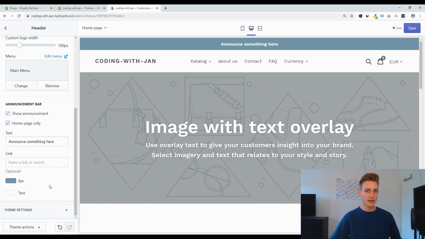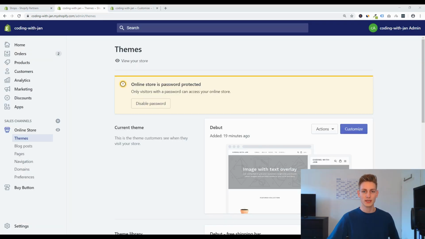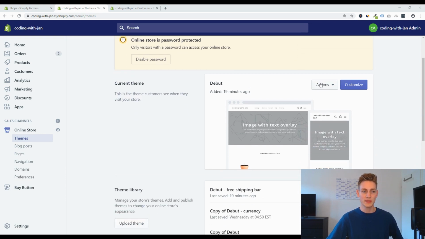In the first step, we will go ahead and add a few settings to this section so that you can first enter a message before the free shipping is unlocked, then the success message, so when someone qualifies for free shipping, and we will also have a slider to select the threshold value from which free shipping will be unlocked. So therefore we want to navigate to our theme files and simply click the action button